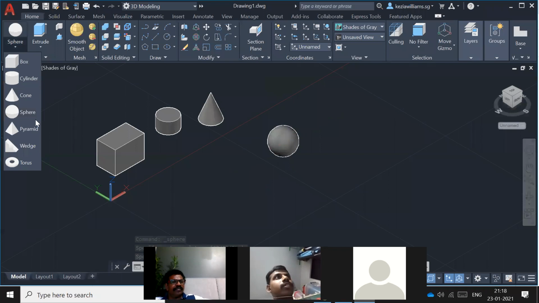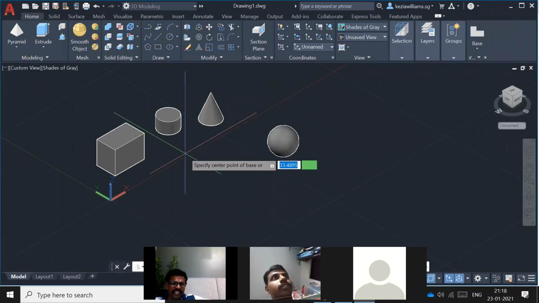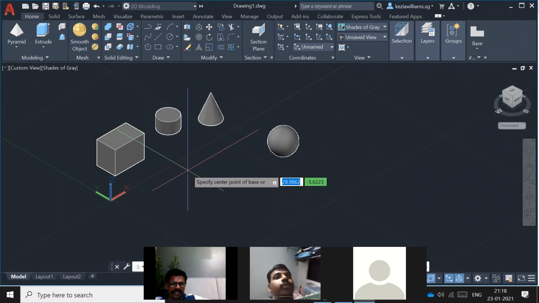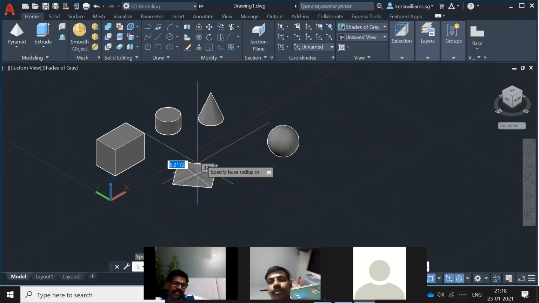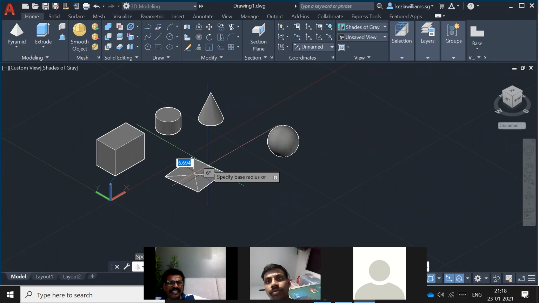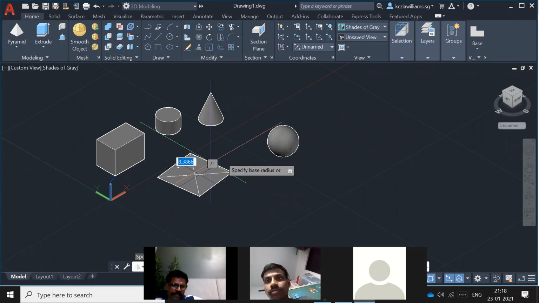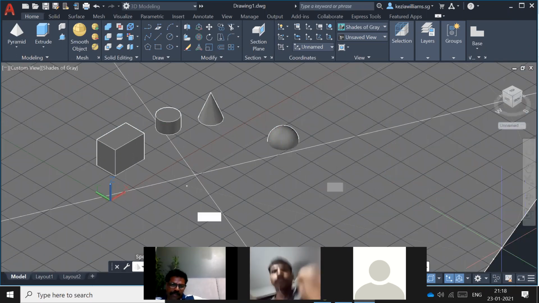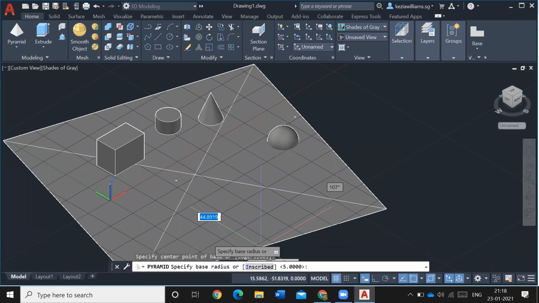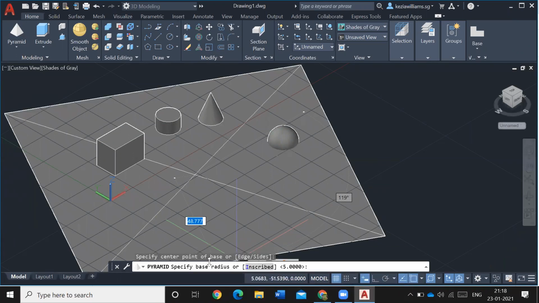Then pyramid. Pyramid asks for a center, then the base radius or inscribe. Give me a minute, I want to see what the question is. Okay, base radius or inscribe.